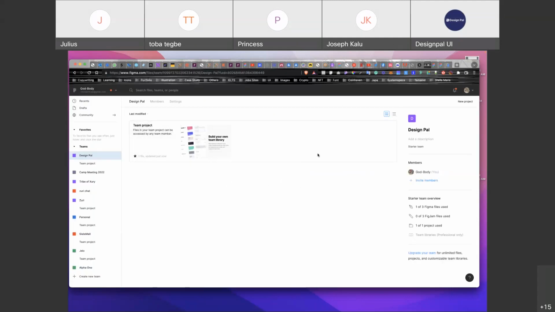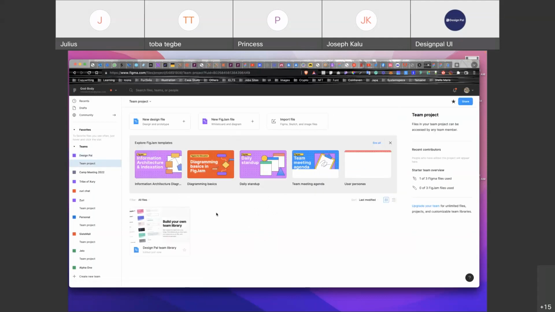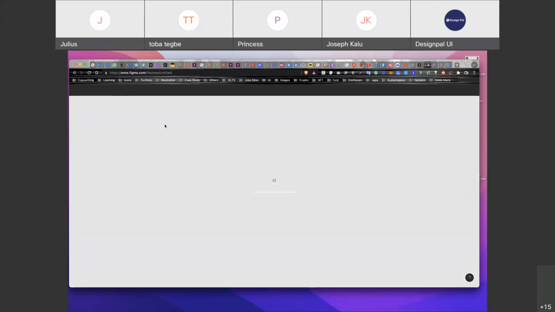So when you create a team, you can create files in this team. So this is your team, design pal. Create a new design file. So everything you're going to be building is in that team. When you name your team,